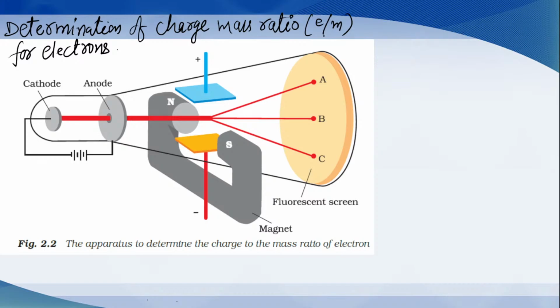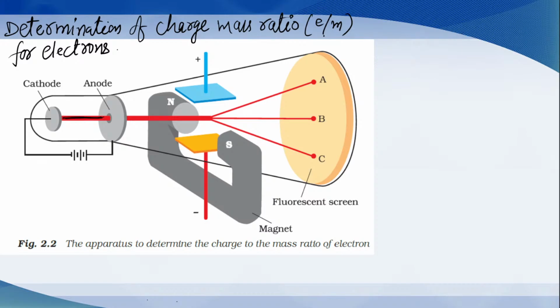In this case, J. J. Thomson for the first time experimentally determined this charge to mass ratio, and this is also called e by m ratio for the electrons. So for this, what he did, he subjected the beam of electrons, released in the discharge tube, that is called cathode rays,